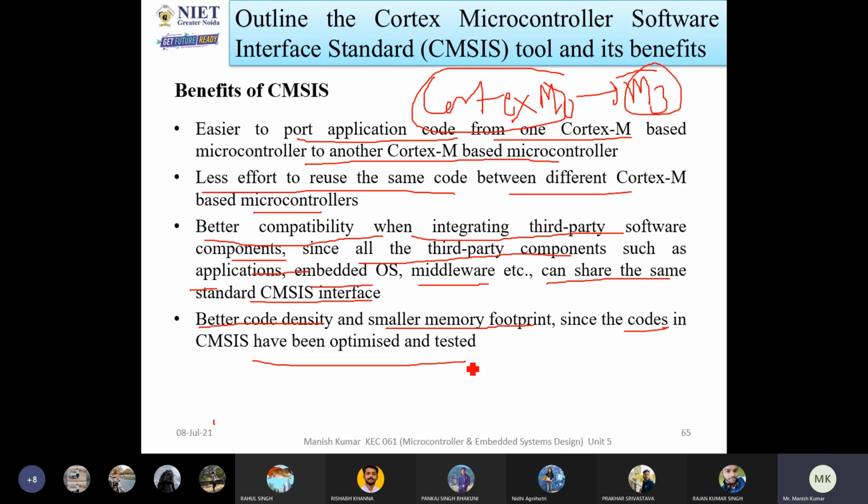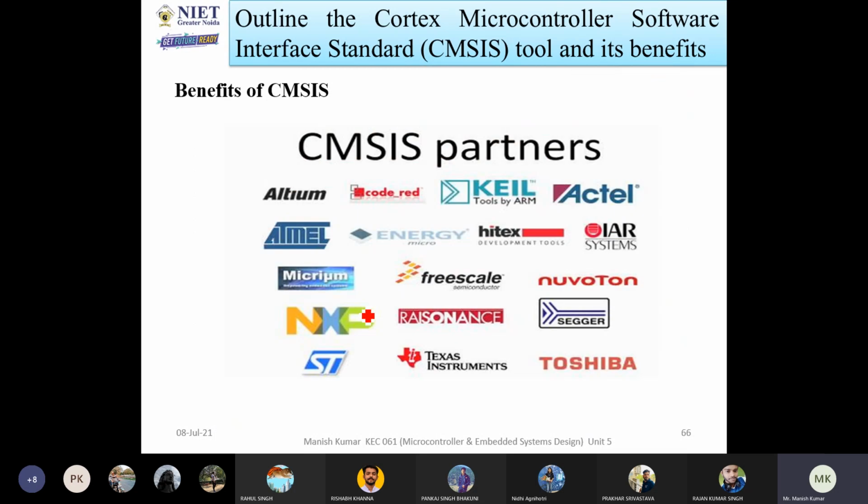So whatever code you write has to be optimized. In CMSIS, the code is already optimized and already tested, so you can say that it has better code density. It means that within a smaller memory area, you can put more data or more instructions. These things will be available.